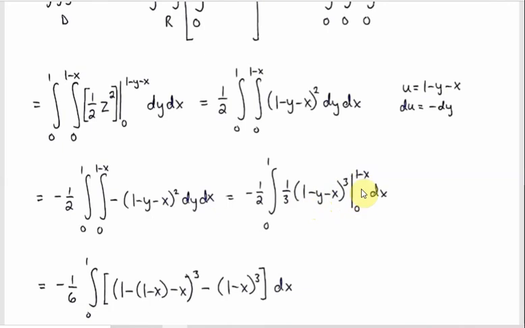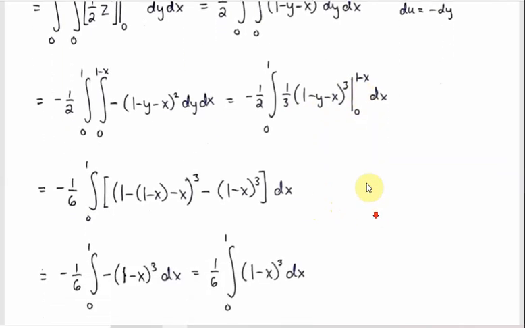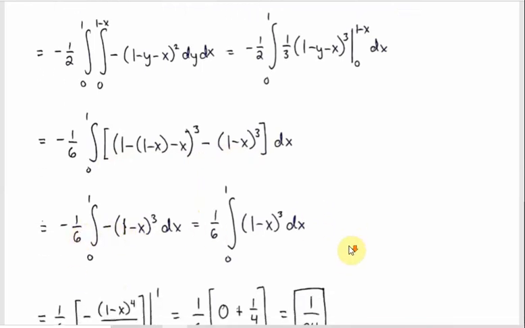And then we're going to double evaluate that one. And then, let's see, if you sub 1 minus x in for y, you get this. And then if you sub in 0, you get this. Notice this thing here, the 1 minus the quantity 1 minus x, that's 0. Right? Because that's 1 minus x minus the quantity 1 minus x. So that's not even here down here because I just went, oh, that's a 0. And then you just have this other part, the negation of 1 minus x quantity cubed. Then I brought that negative sign out front. So it's just going to be 1/6 times the integral from 0 to 1 of 1 minus x quantity cubed